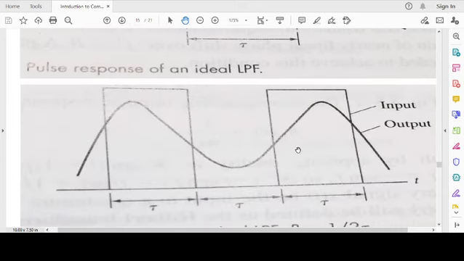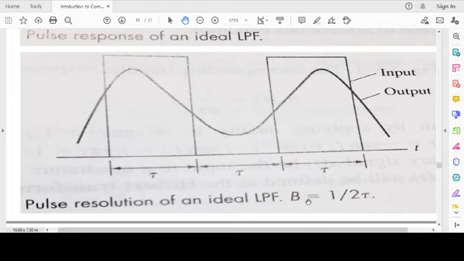Now, in the presence of two pulses, even though they are separated by another pulse width, which is τ, you see the peak has moved to the left for the left pulse, and the peak has moved right for the second pulse. The reason is that the choice of a small bandwidth leads to inter-symbol interference. The energy from this time zone has shifted there, and energy from this time zone has shifted here, so they kind of interfere with each other.